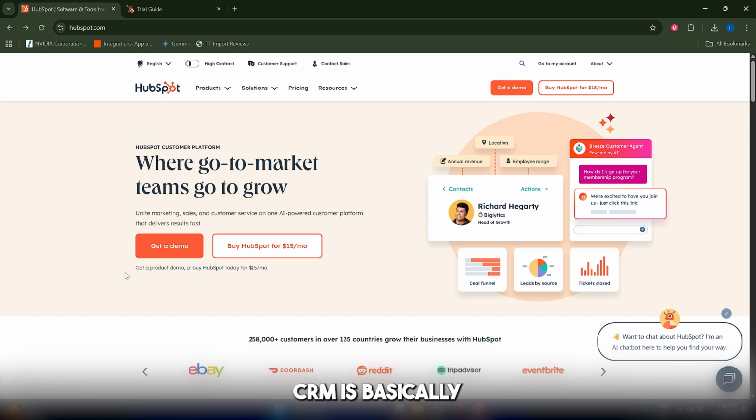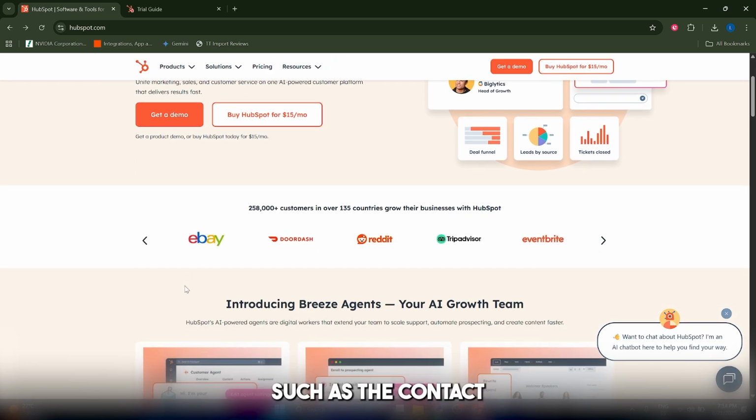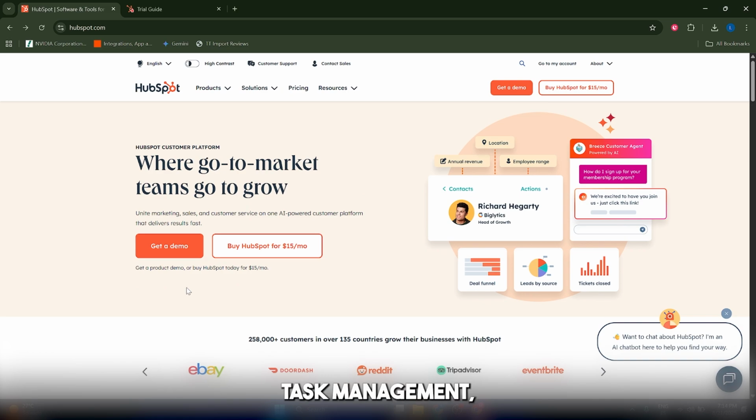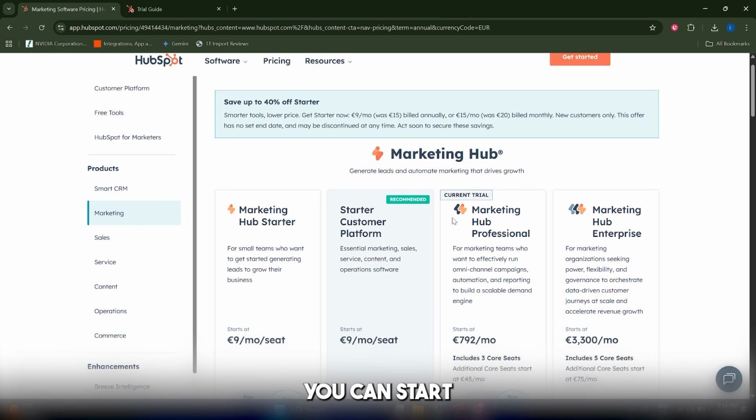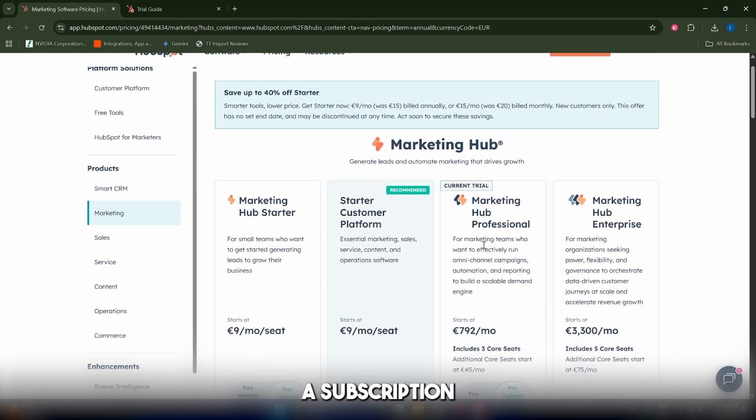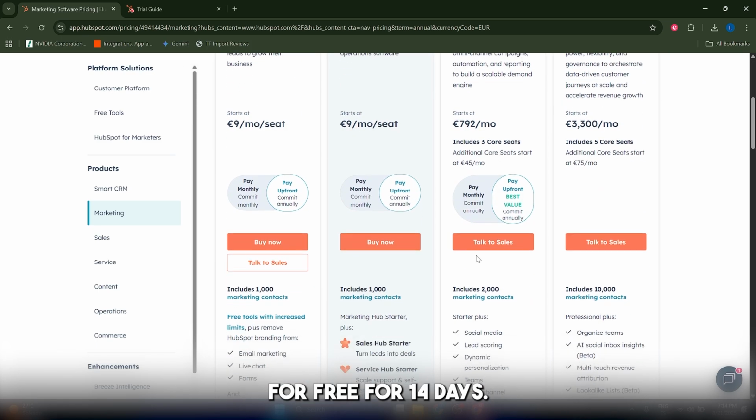Now, HubSpot CRM is basically the core of the HubSpot platform. You have many free features such as contact, deal, and task management, email tracking, meeting scheduling, live chat, and more. Some of the features that I'm going to be showing here actually need you to have a subscription, okay? But even then, you can start a Professional subscription for free for 14 days